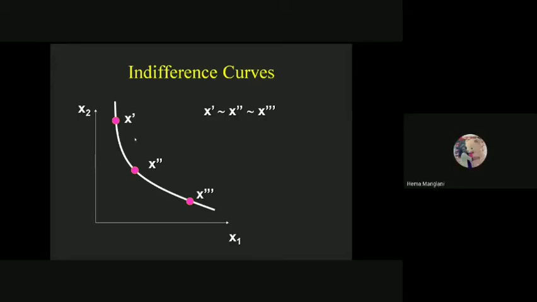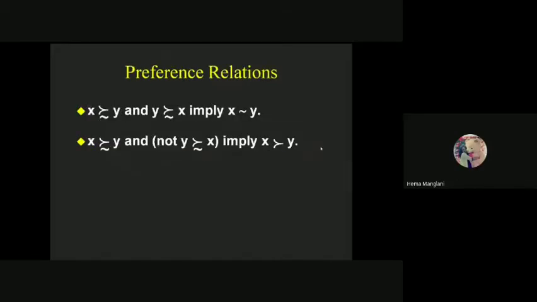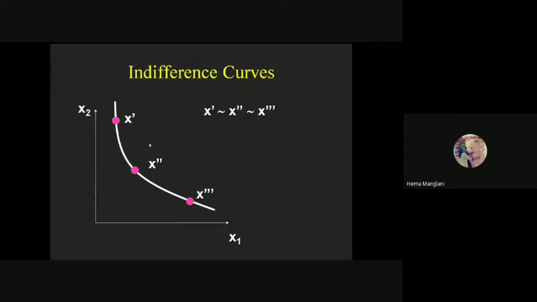Yes, ma'am. So unless we introduce the budget line, we cannot define this. That is why I didn't go into the detail of it. But you can understand this by the three different bundles: X prime, X double prime, and X triple prime. Suppose a budget line is choosing this X prime. Over and above this, this bundle is now chosen by this consumer. In the same way, right now we don't have any budget line. So now I am clear that the consumer is indifferent between all these three bundles because they lie on the same indifference curve.